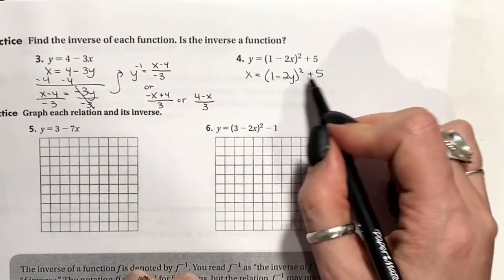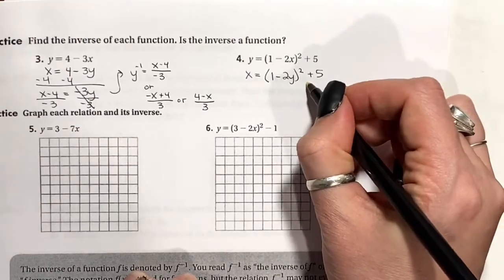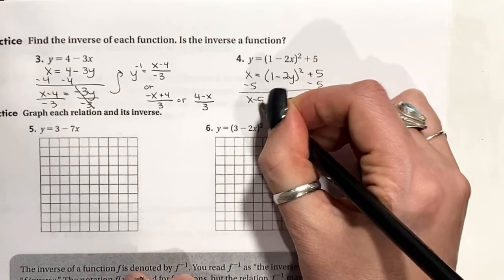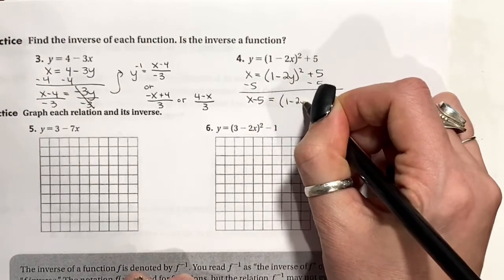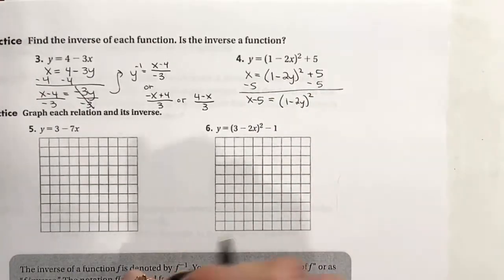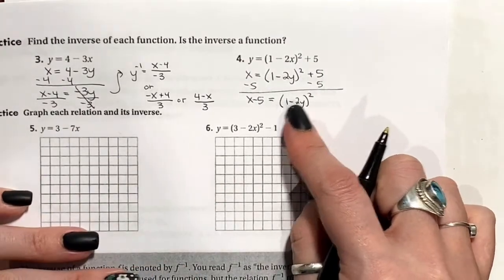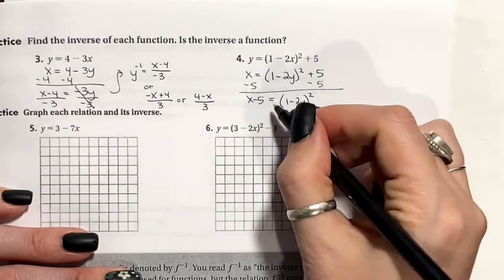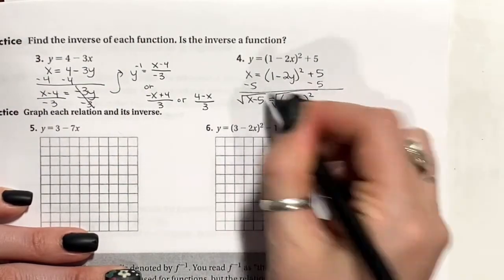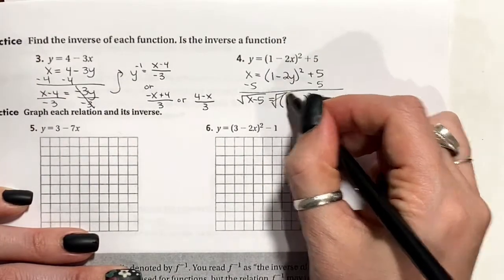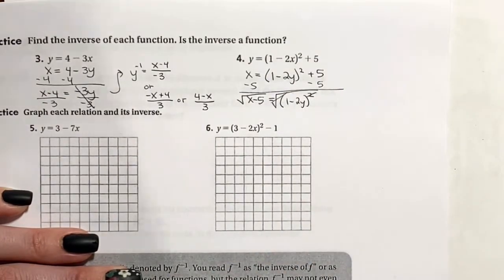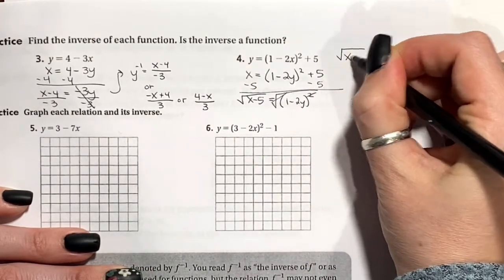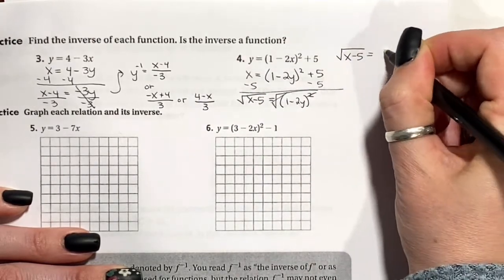I can't touch anything in here until this 5 is gone, so that has to be my first step. So let's subtract the 5 over. And I get x minus 5 equals 1 minus 2y squared. And then now I can't get inside of here until this square is gone. So the way we get rid of a square is by square rooting. So I'm going to take the square root of each side. This square root cancels with the square. And we are left with the square root of x minus 5 equals